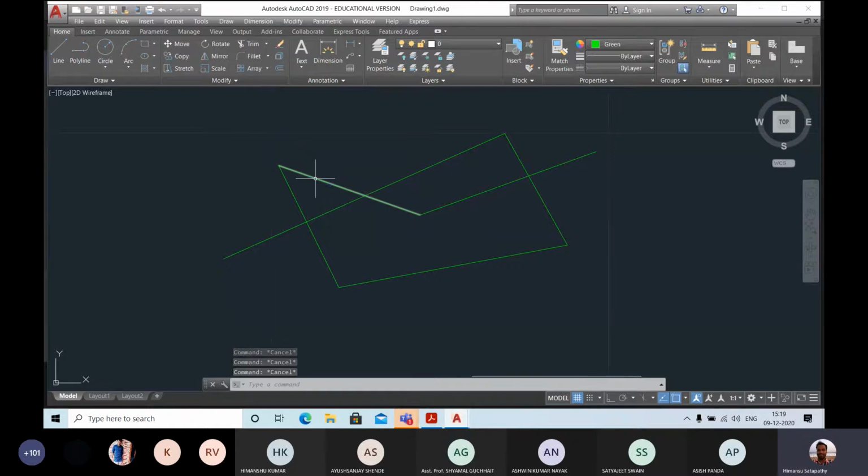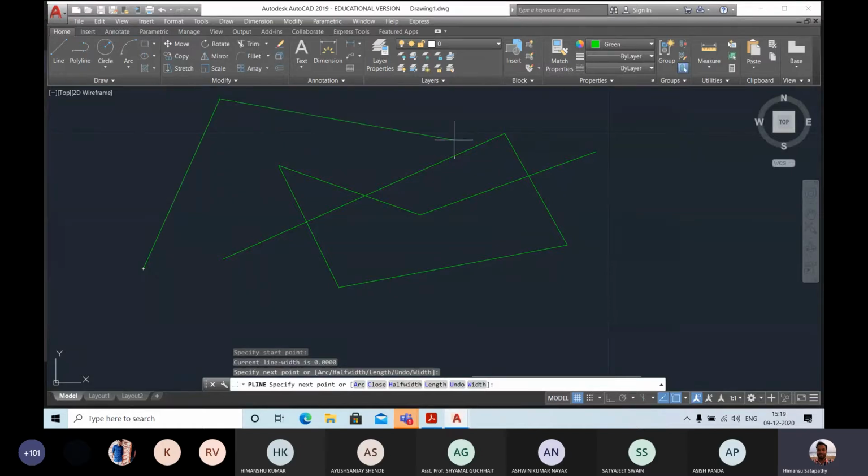These are called the segments of the line. Wherever I click, I can select one segment, but I cannot select the whole drawing at a time. So when I want to select the whole drawing, I will go for the polyline option. What is the difference with polyline? Polyline is also the same line command.